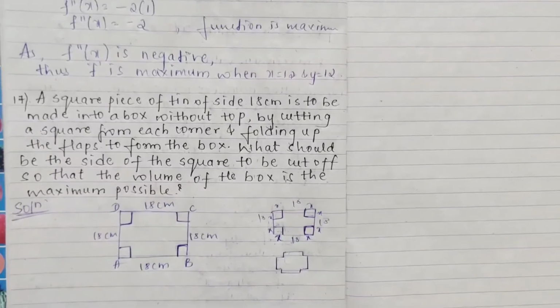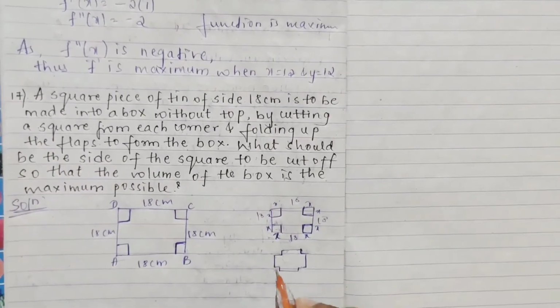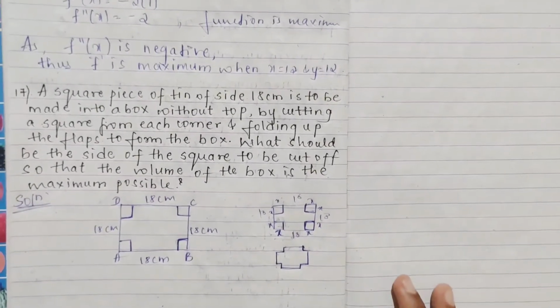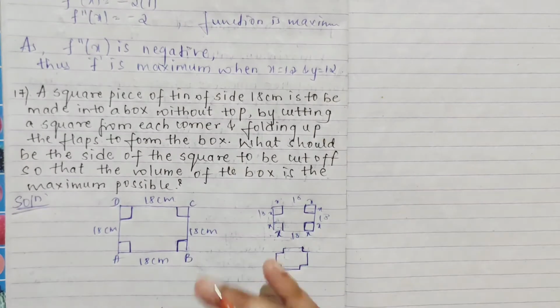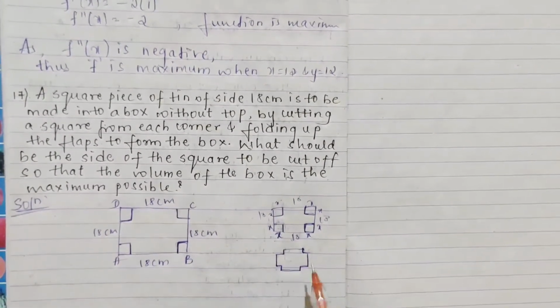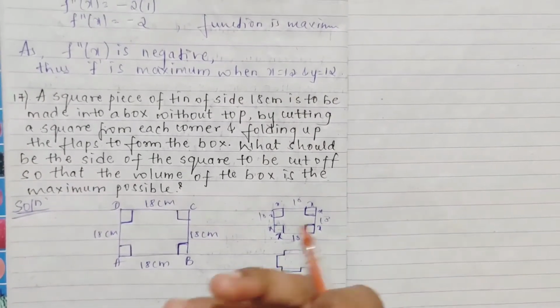You'll get somewhat like this, right? See, when you cut the corners, the corners are cut, right? If you want, you try it. You can take a sheet and then you'll understand properly. Then what they're telling, these flaps, just fold these flaps, and when you fold you get a cuboid,